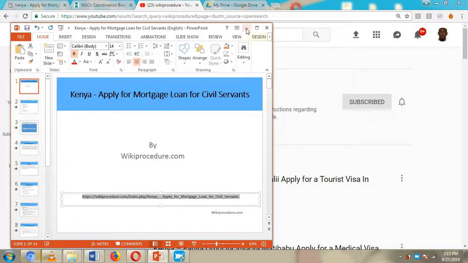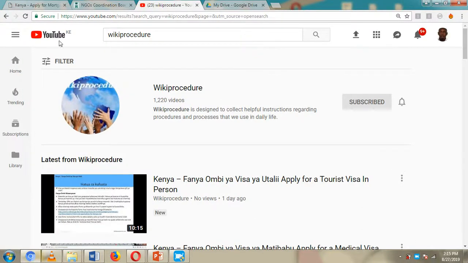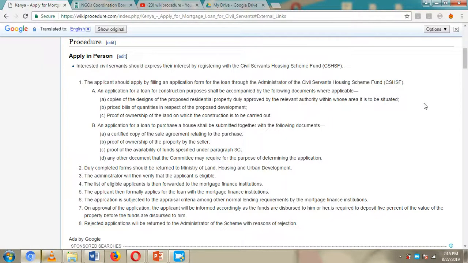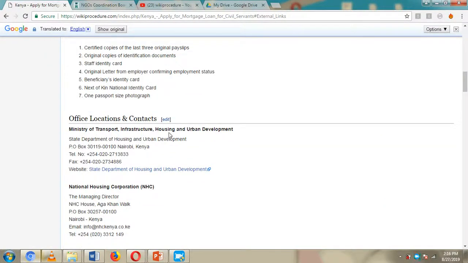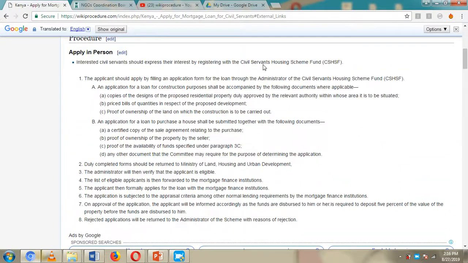But before we conclude our presentation, let's just reiterate quickly, depending on the nature of the application, if you want to build or construct or purchase a house, you are supposed to visit the Civil Servants Housing Scheme Fund, and these are located in the Ministry of Transport, Infrastructure, Housing and Urban Development. This is the department there. So you should approach the department, and through the administrator of the